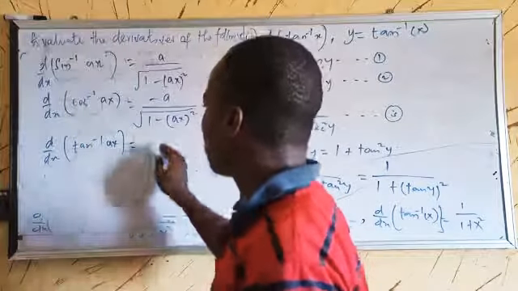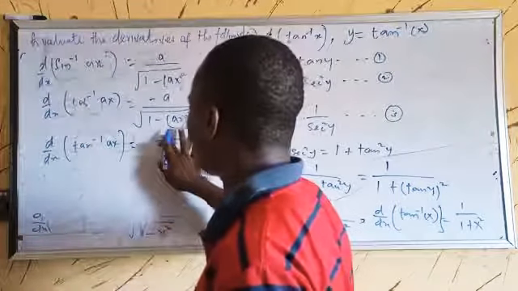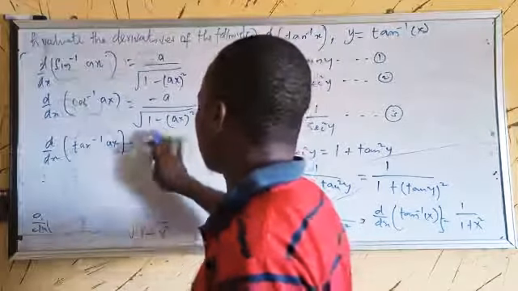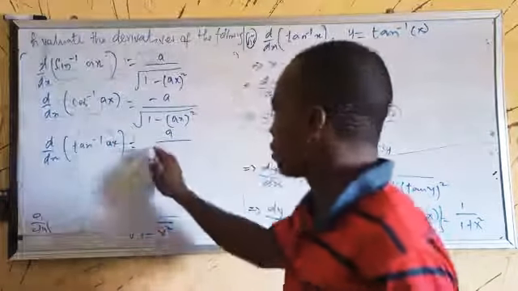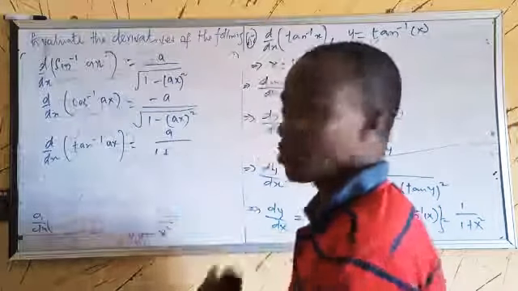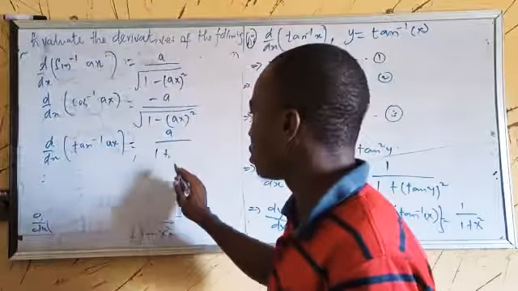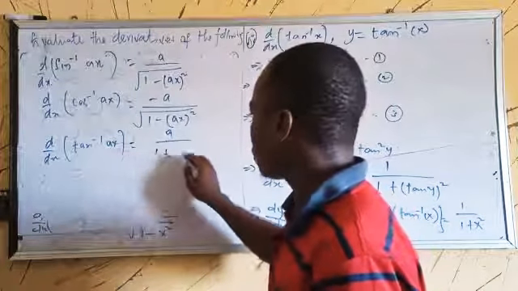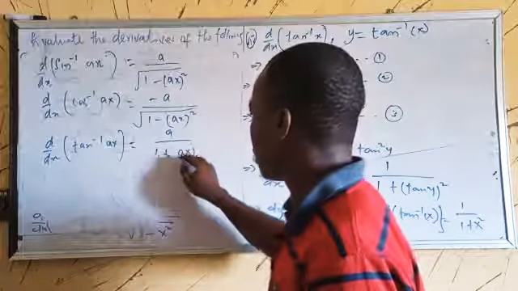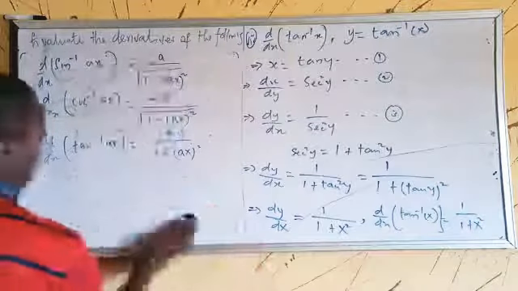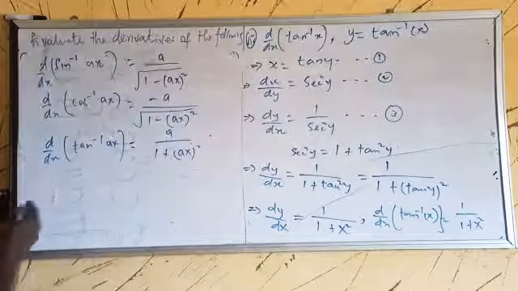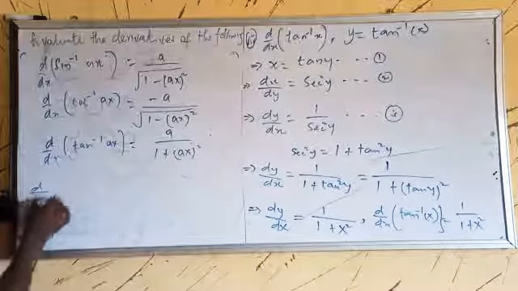This will be a over 1 plus, and this one does not have a square root, so 1 plus a squared x squared. You can see that is that. Now if you have to solve for this, the derivative of